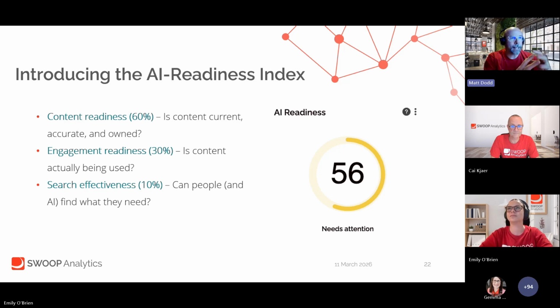We basically take our quality and experience scores. That gets put into our content readiness, which is sort of weighted as 60% of our AI readiness score. So very much focusing on those basic governance things being in place. We then look at an engagement readiness. So this is around